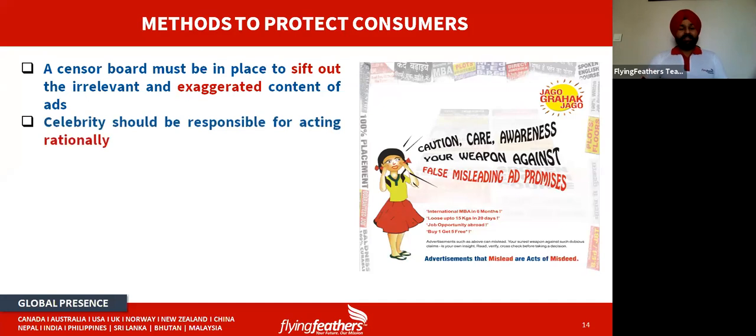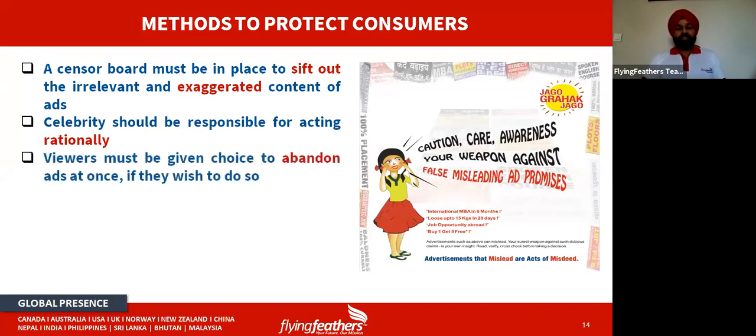Next point is that celebrities should be responsible for acting rationally. Rationally means that they should not be particularly in favor of their own benefits. Celebrities, as we have studied celebrity endorsement, are getting money for the advertisements, and to get more money they show any advertisement, whether it is regarding alcohol or a food product. That is not good for the people or the society. So they should be responsible. If they are committing such a mistake, they should be punished for that, or they should be checked that they should not display such type of advertisements which are not good for the public.